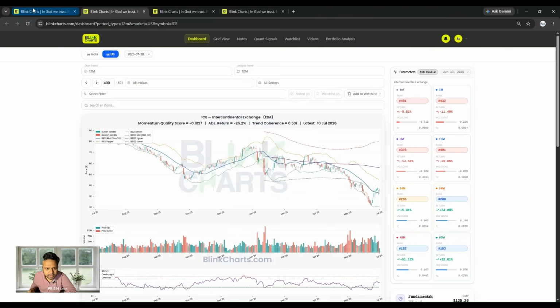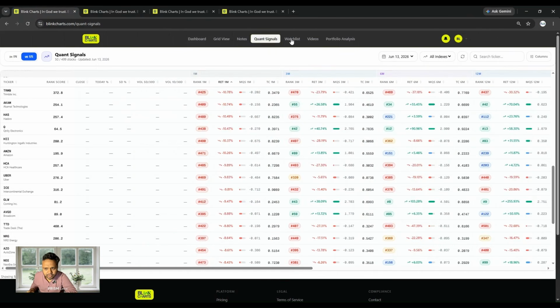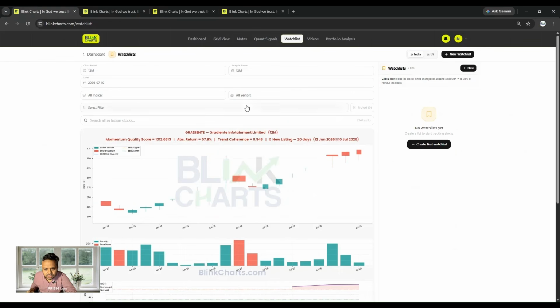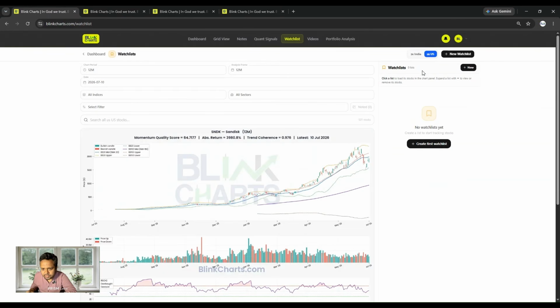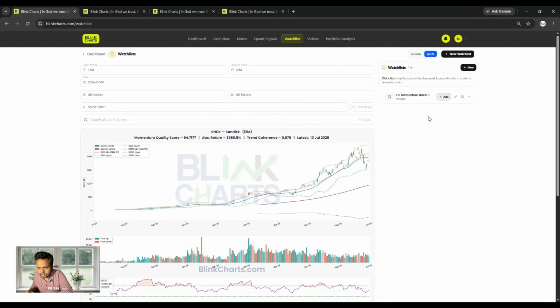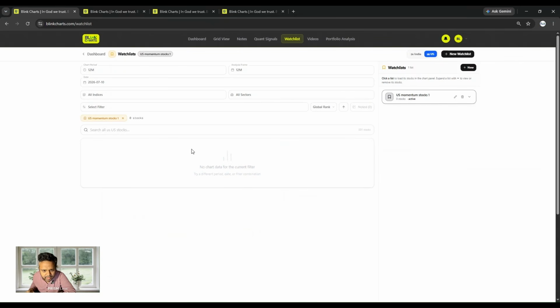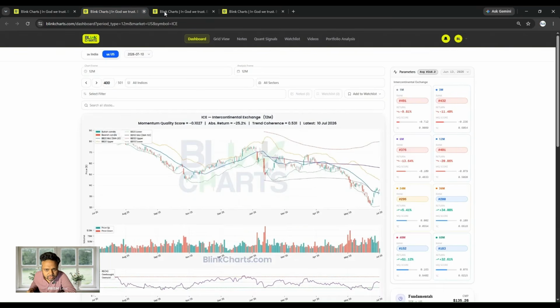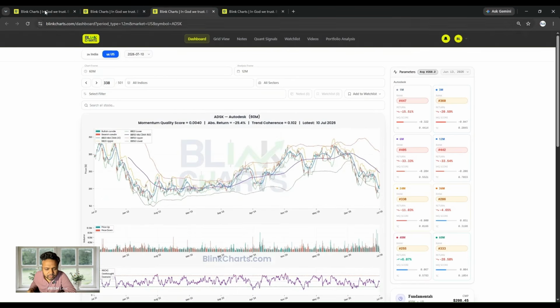So this is how you can select the high performing stocks. You can create a watch list here, right? So select US, then you can create a watch list, say US momentum stocks 1, created one. Okay, then this is active. Then here we can add US stocks. So suppose from here we will select,